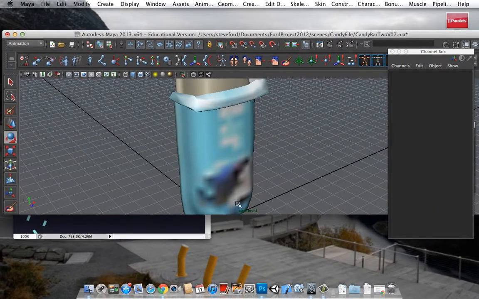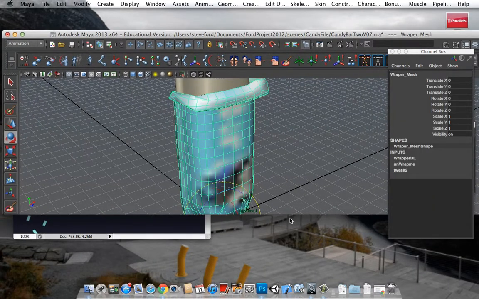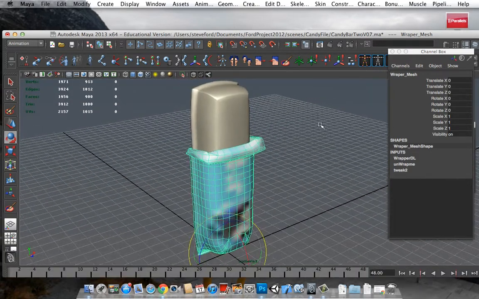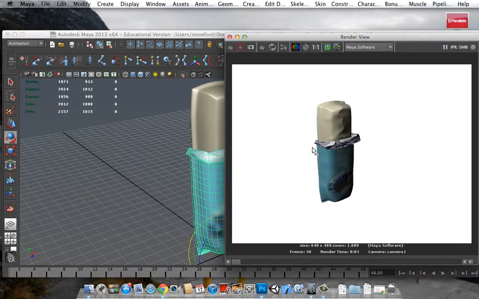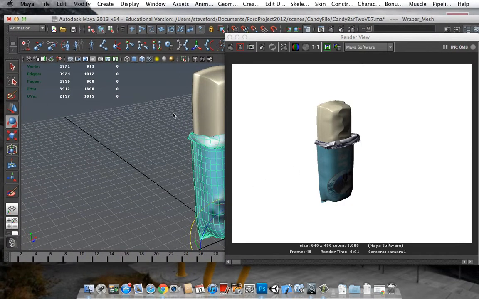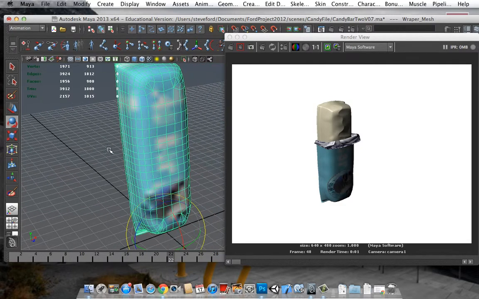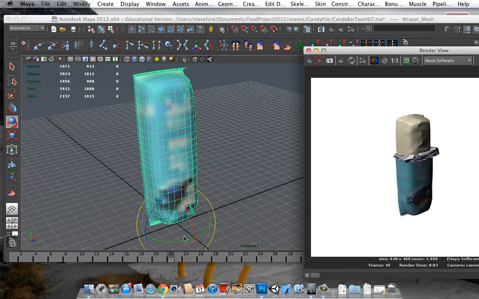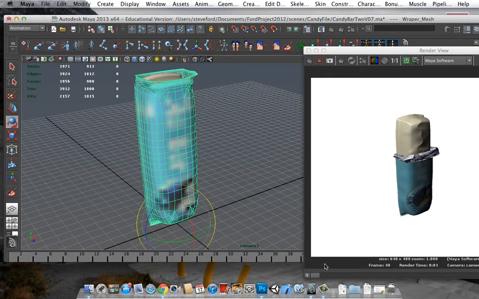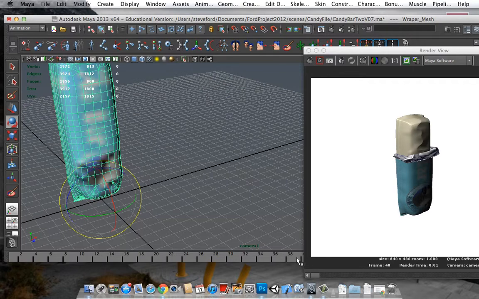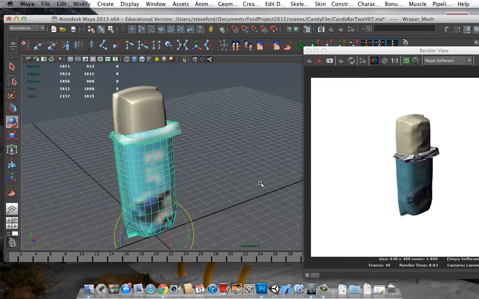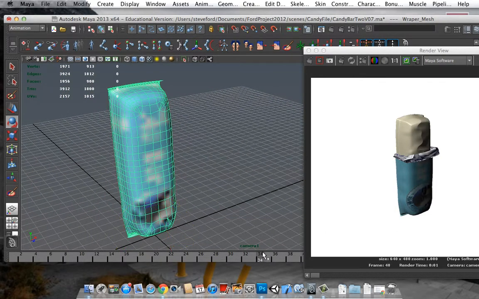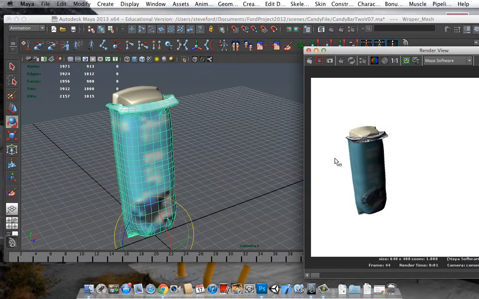Okay, so one of the things that you once in a while want to do, for me it's like once a year or something, is set up a double-sided shader. I have this little animation of this candy bar opening up, and when it unpeels itself, it says optimistically, there we go. When it unpeels itself, I want to have a different color on the inside than on the outside,